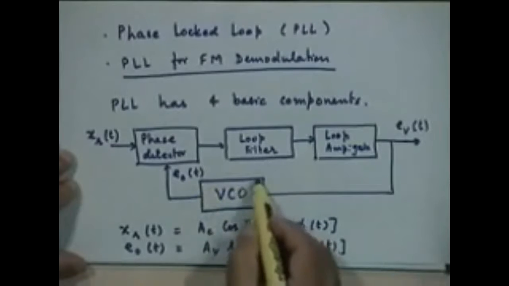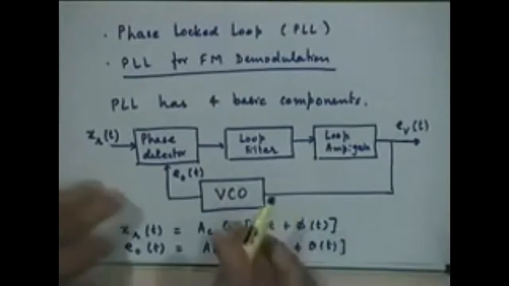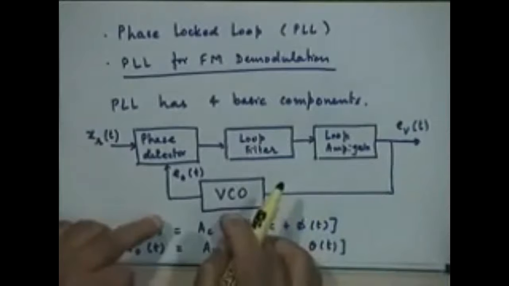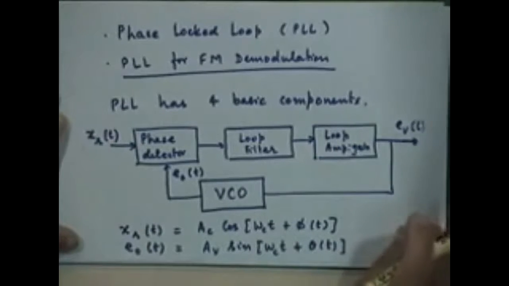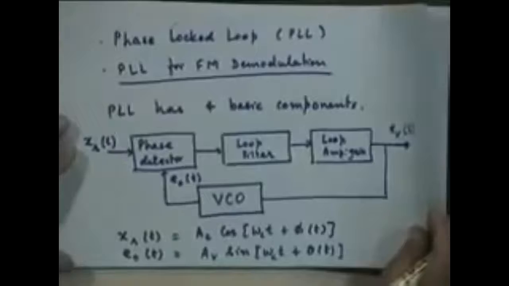Let us also look at how the VCO can be characterized, because once I know the characterization of each block in this loop, then I can proceed with the analysis of this loop. That is what I am going to do, to gain the understanding that all of you are looking forward to. So, how do we model the VCO?